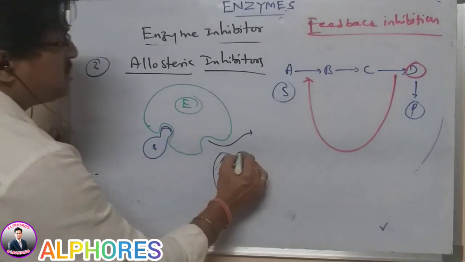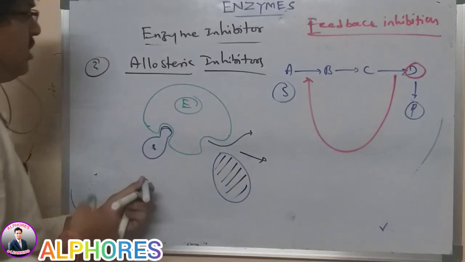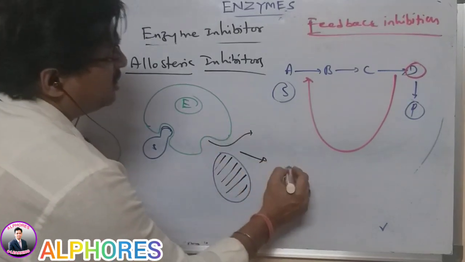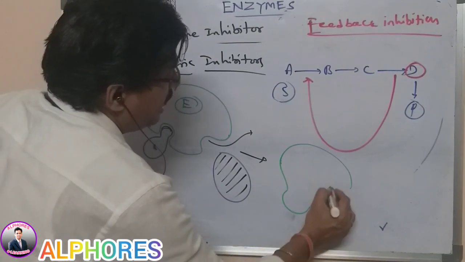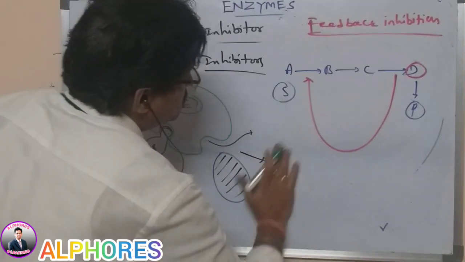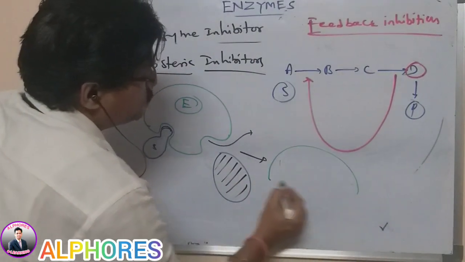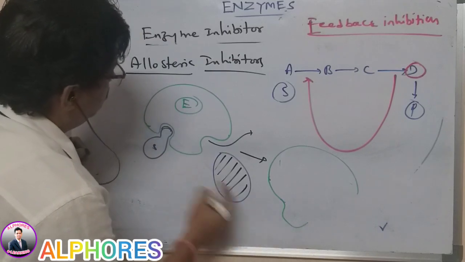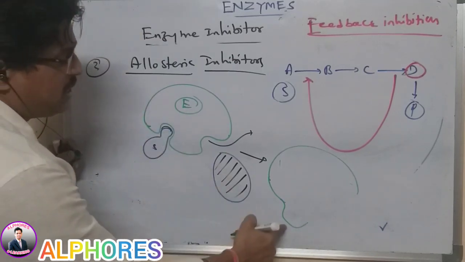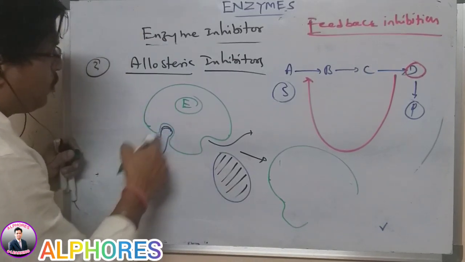Due to this, what happens here? They are going to change the site of this one. How is it changed here? This will be changed like this. Here it's converted like this. As a result, actually the groove should be there, but here they protruded outside. They do not allow the substrate molecule to fix there. The place is getting pushed back and protrudes outside.